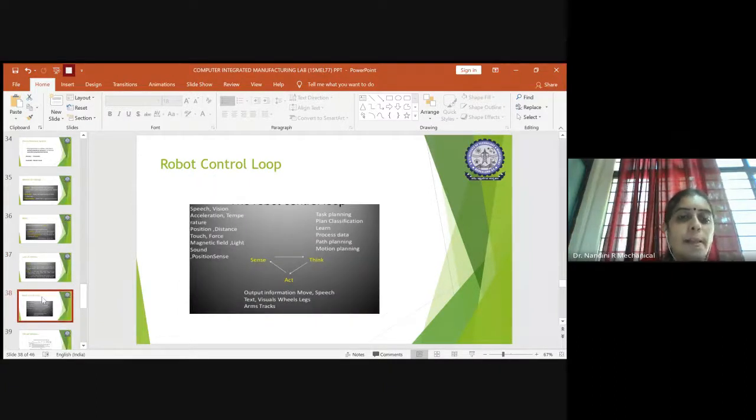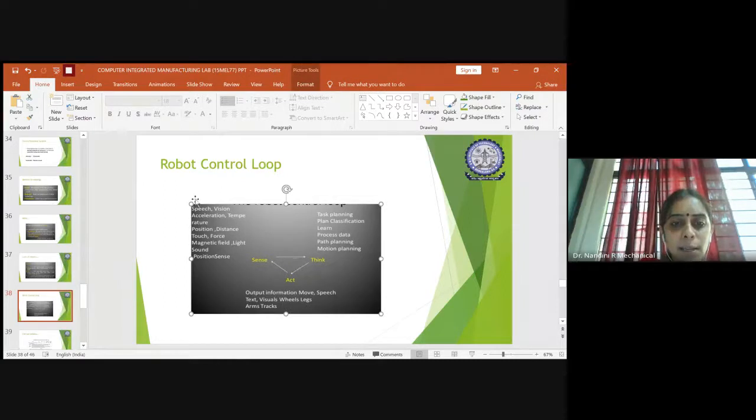Next is the robot control loop: how a robo works and how it can be controlled in a loop. You should have a sensor, an actuator, and a controller. The sensor does the work of sensing, the actuator does the work of acting, and the controller works or thinks like a human brain.